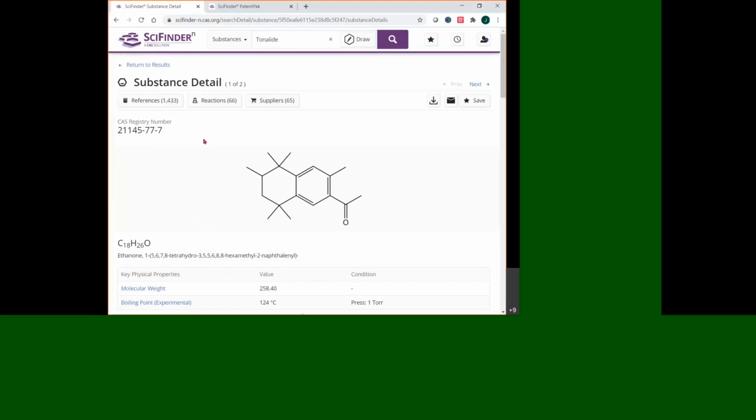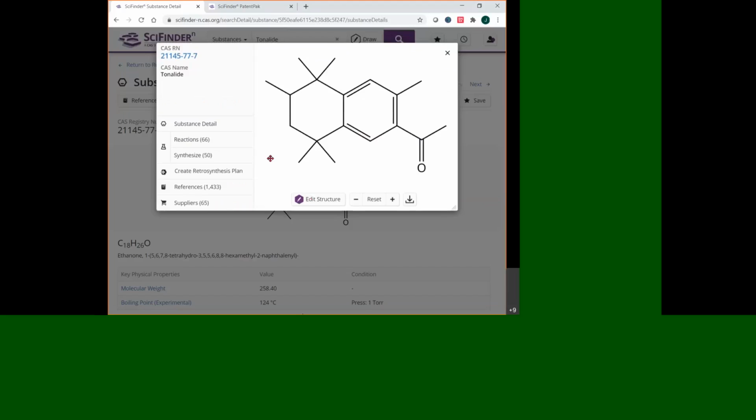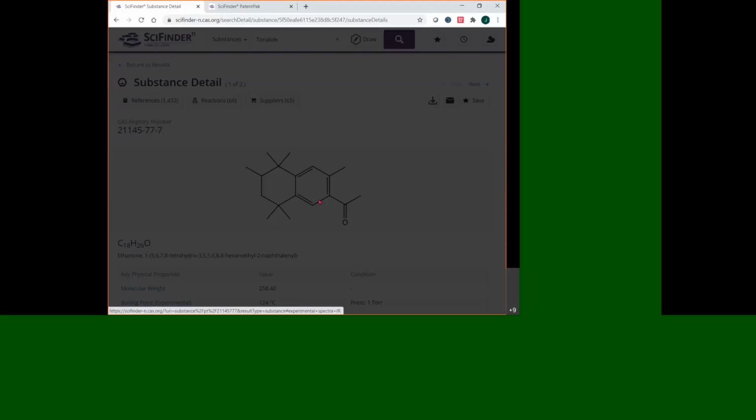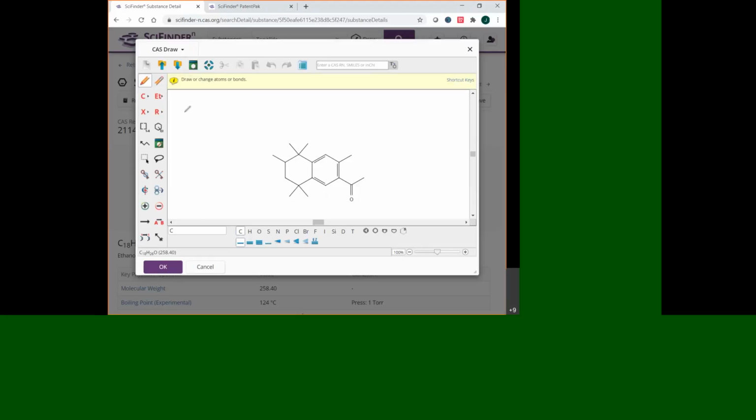For this substance, I can get you references, reactions, or suppliers as well. Quick, easy way of doing that. And in fact, if I click on the structure, it blows up the structure. In fact, that works in any case where a structure displays. It's a nice way to blow it up, make it a little easier. But it also adds some additional capabilities, including the ability to load this structure into the structure editor. So I would click here where it says Edit Structure, a left click, and it puts it into the CAS